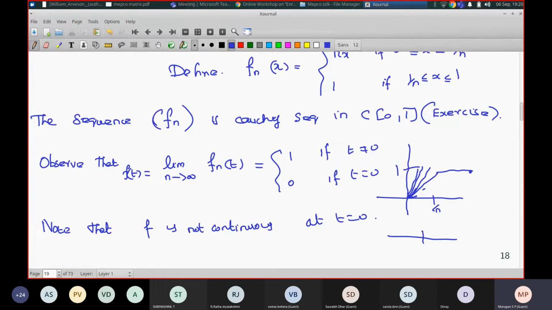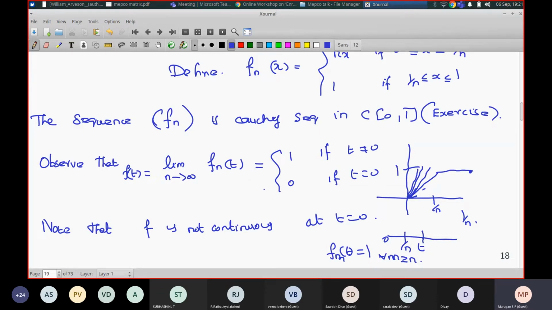Because if t not equal to 0, then mean your t is here, right? But 1 by n converges to 0, therefore you can find a large positive integer n such that 1 by n is here, and you can take f1 of t at that, this function is a constant for all m greater than or equal to n, right? So whenever t not equal to 0, this sequence f1 of t is eventually a constant sequence. That constant is 1. Therefore, f1 of t converges to 1.